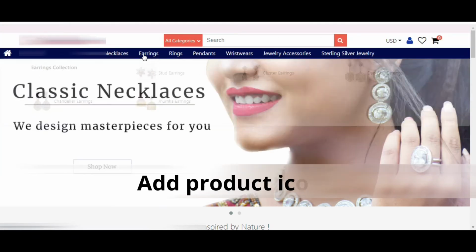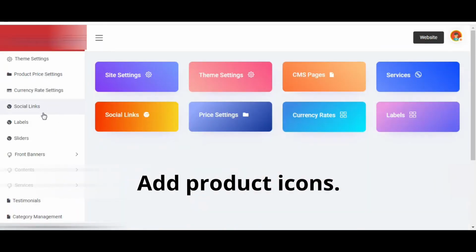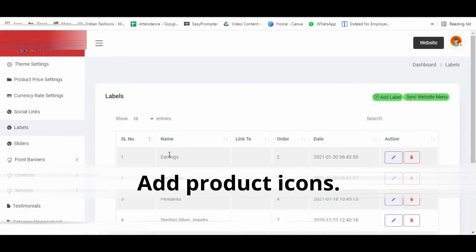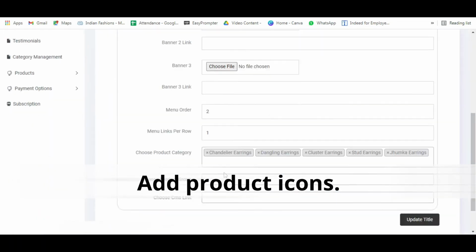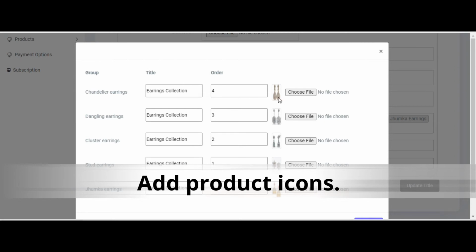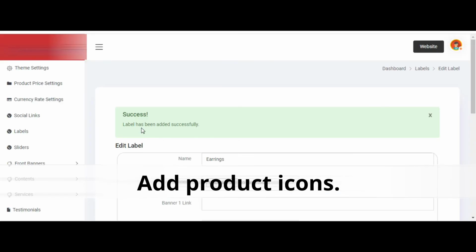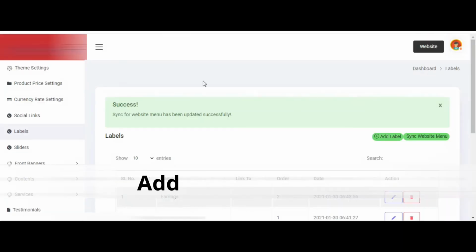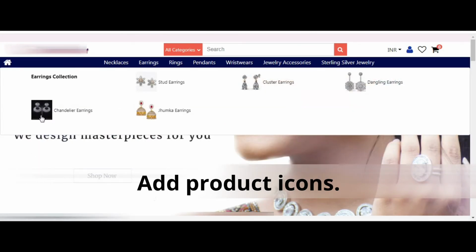Now you can add product icons, which will make it easy to understand the product category. This is how you can add the icons. Just pick the one you want to and go. Must click the synchronize button. Now you can see the changed icon here.